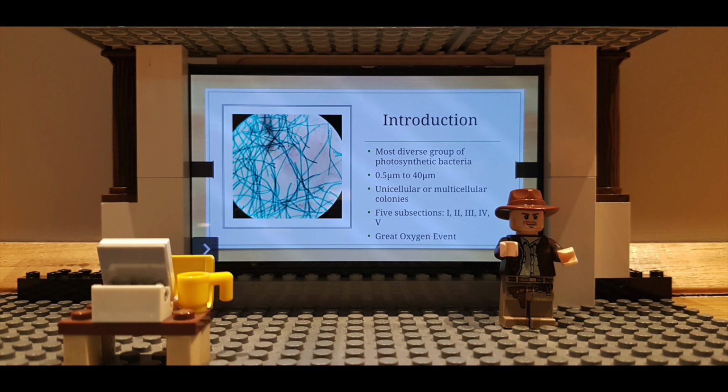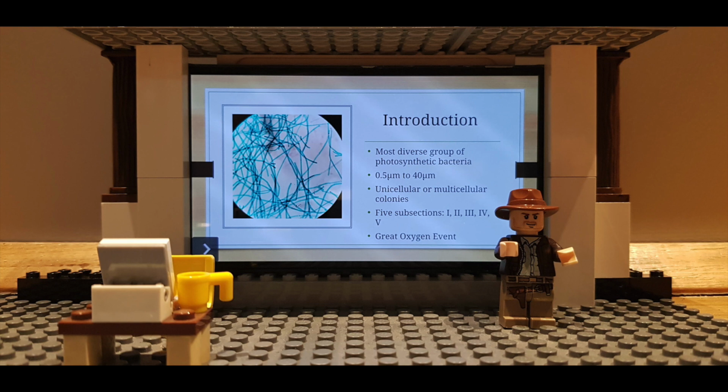Cyanobacteria make up some of the oldest fossils to exist and are one of the most important bacteria on Earth. This is because they are responsible for the Great Oxygen Event, where oxygen from numerous cyanobacteria were released into the atmosphere over a period of time. This event led to the beginning of plant species, which prior to this, the atmosphere had a completely different chemistry which was unsuitable to life.